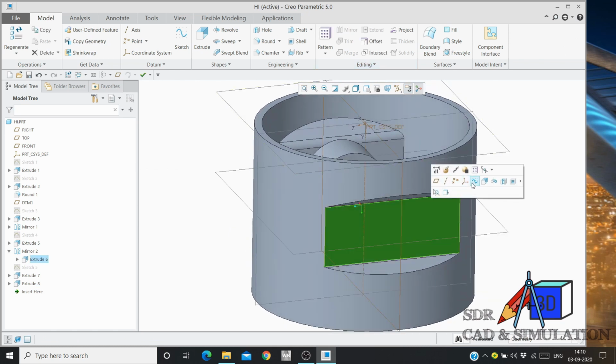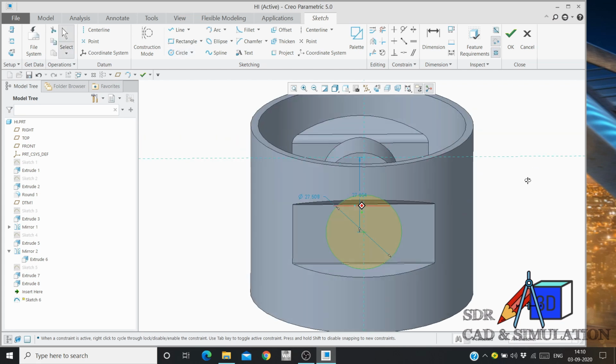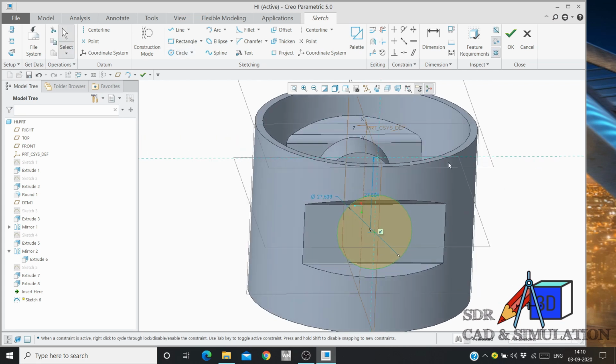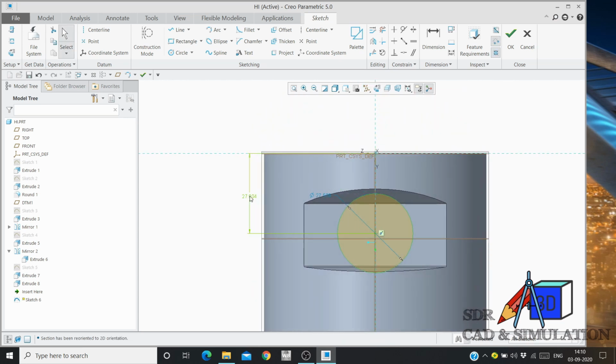Select the surface and sketch. Draw a circle using the circle tool. The center distance is from the bottom edge. Edit the dimension as 29.5.